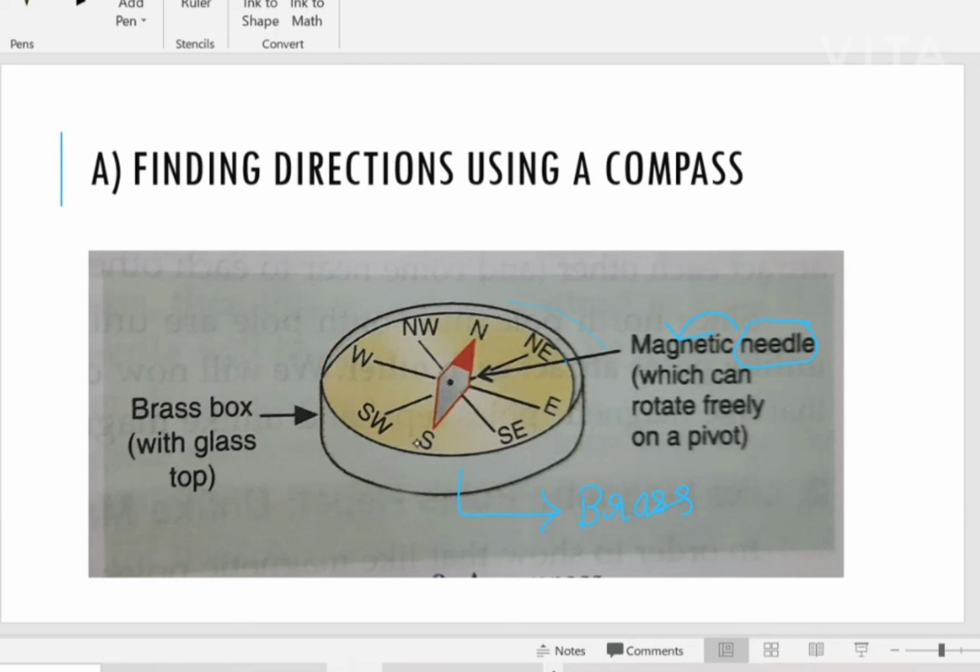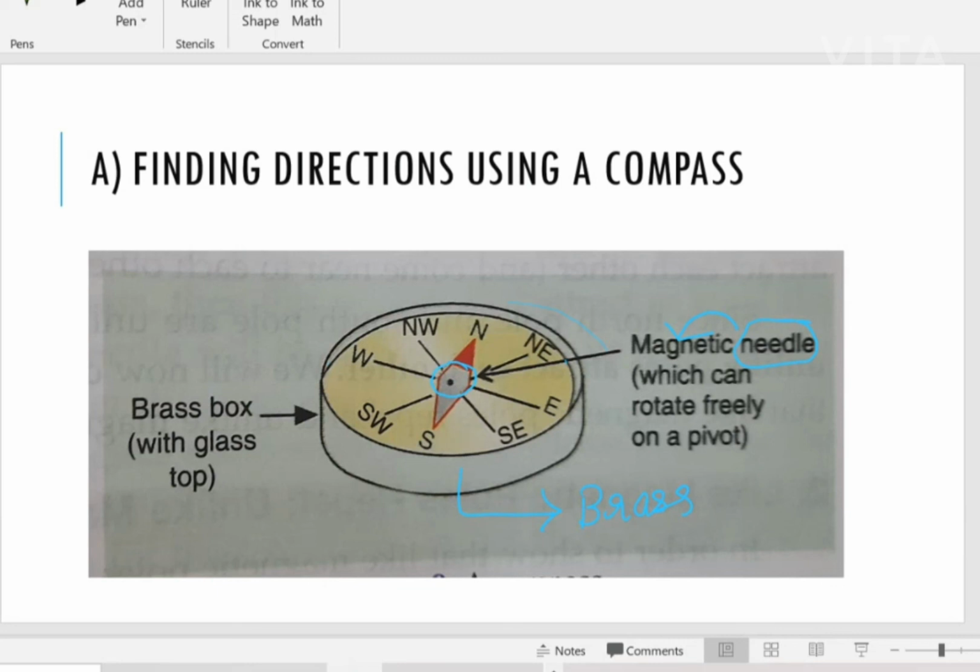So by that way, you can make out which direction you are standing and which direction that place where you have to go is marked in the map. So you can proceed such a way. So it is very helpful in such situations to move. Even our Earth, our planet, is also behaving like a magnet. It is having the magnetic power or magnetism in the center portion and it is also behaving like a magnet.